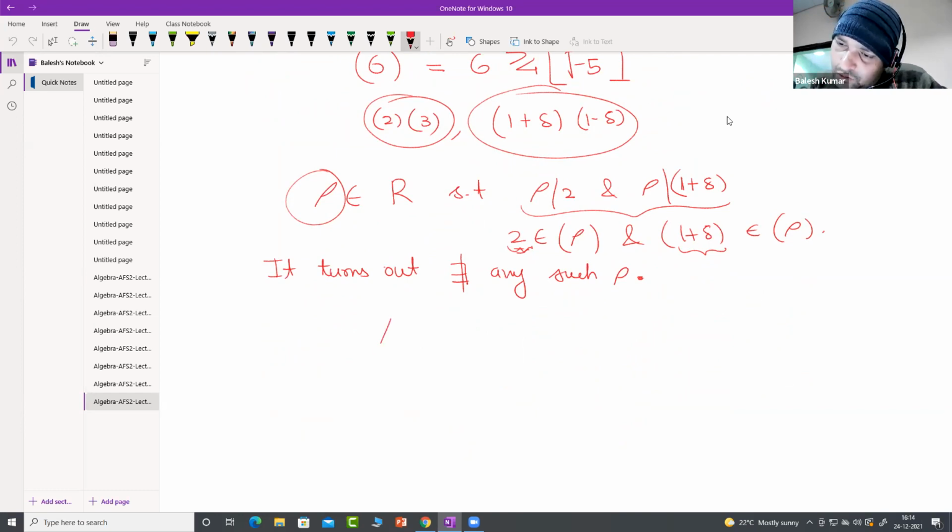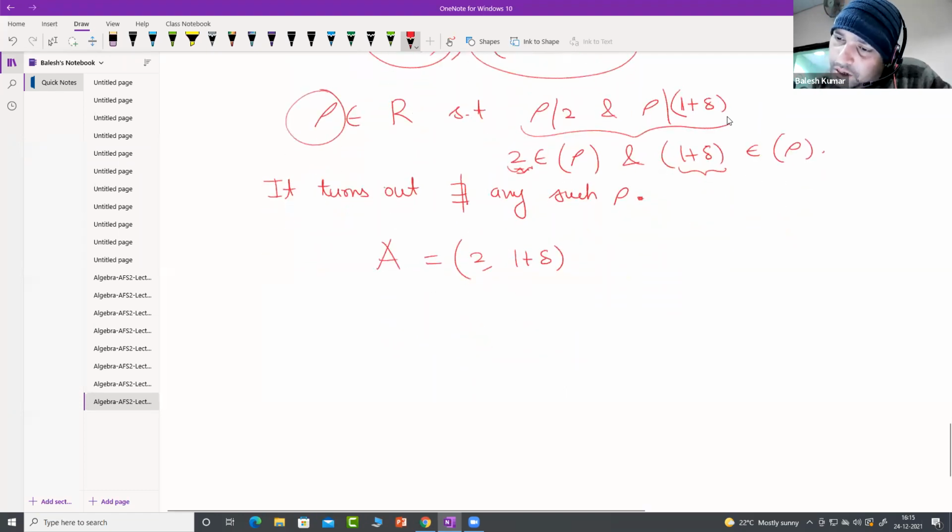And so let us try to look at A to be the ideal generated by 2 and 1 plus delta. So this contains 2 as well as 1 plus delta. And similarly, let us take B to be the ideal generated by 3 and, let's say, 1 plus delta. Now what I would like to say is that if you look at the conjugate ideal,